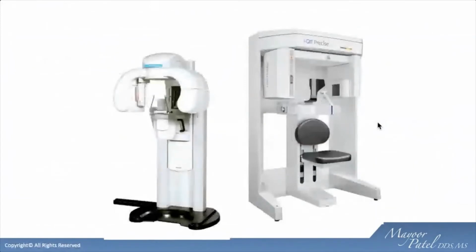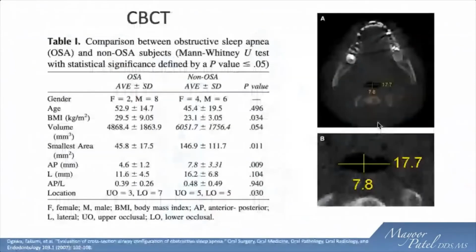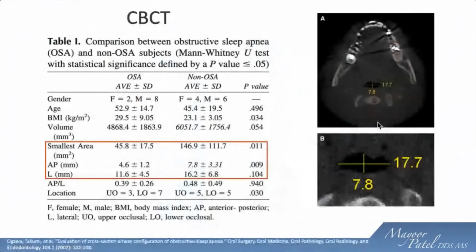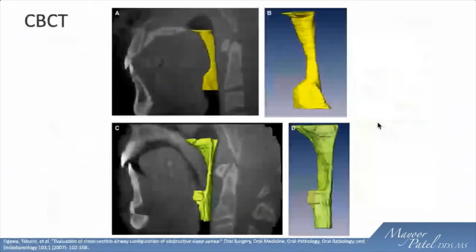Now, you may also go down the road of looking at CBCTs, and there's been some work done looking at volumes. You'll find that in apneics, you'll have a small cross-sectional area compared to a control group and so forth. You do your volumetric scans and you'll find that, oh wow, you've got a compromised airway, as you can see in the lower two images. But I want to point out a note of caution here. These scans are done when the patient's awake. These scans are done with the patient upright.